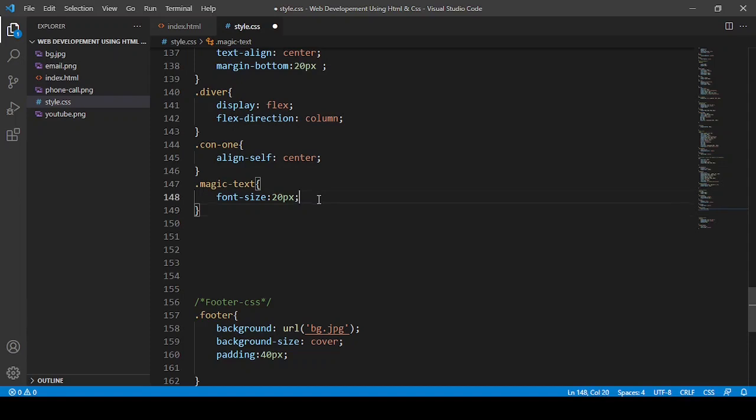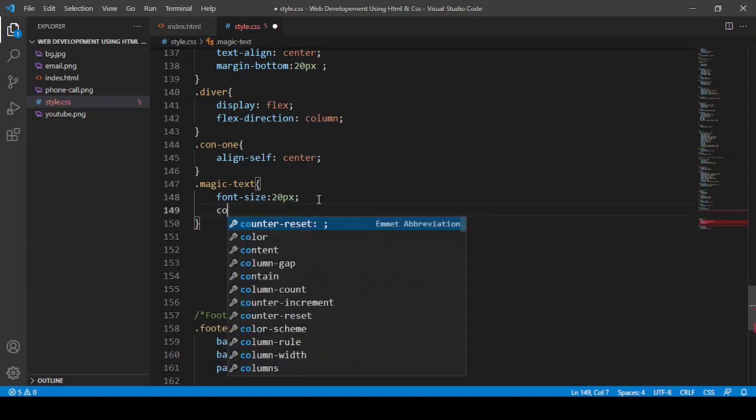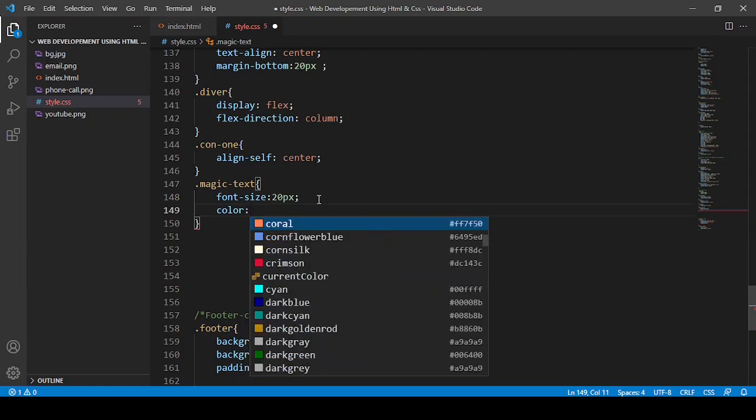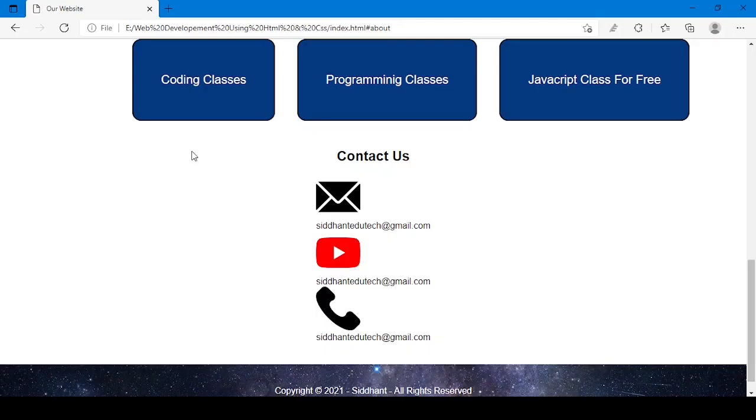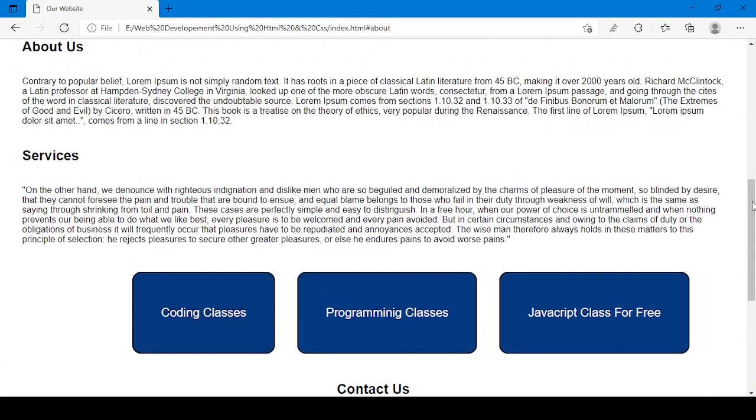And then I want the color to be white here. Yeah, and I think that will be enough. Let me see now.